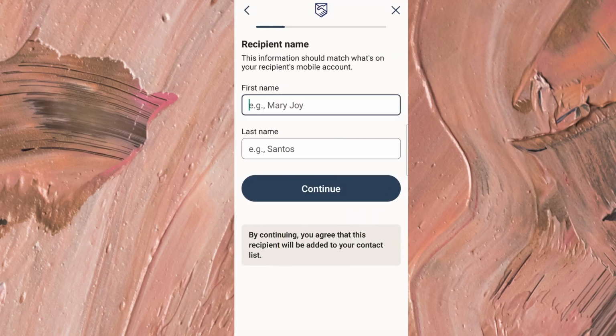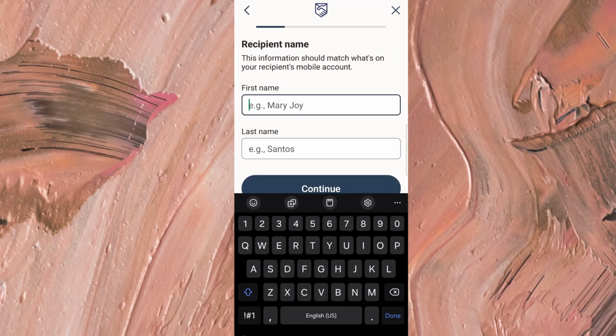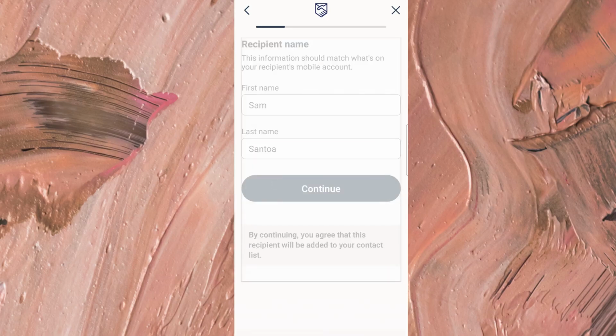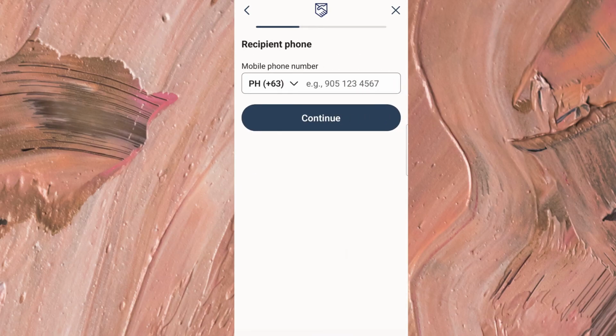As you go through the final screens, review everything before submitting, especially the recipient details, delivery method, and payment information. It's always a good idea to double-check the spelling of the contact name and the wallet information exactly as requested in the app. Once everything looks correct, complete the transaction by following the remaining on-screen instructions, and that's it. That's how to send money to the Philippines using Remitly and transfer it to GCash.